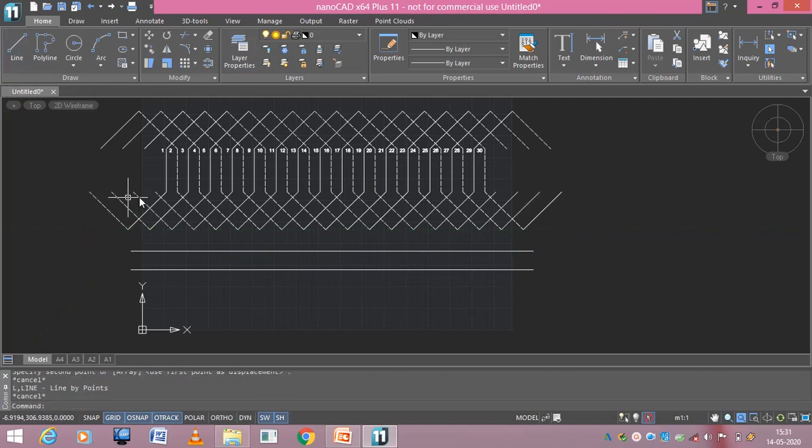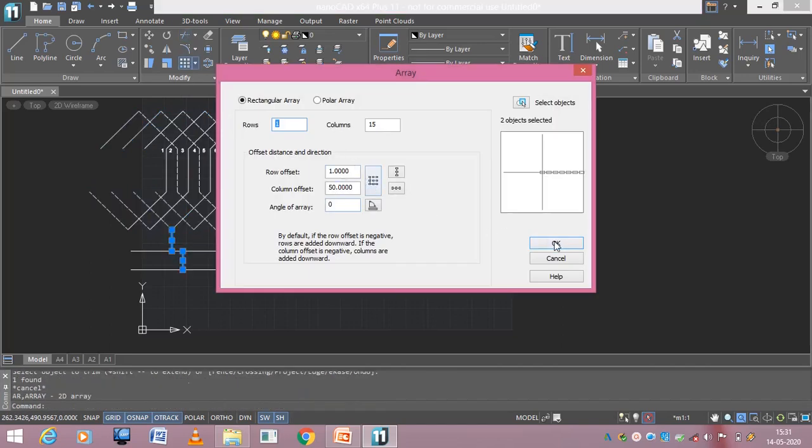So 3 unconnected connections we have. So I will leave 2 and I will start from the 3rd conductor, I mean the 3rd connection. From this it is 15 and then the distance between is 50.